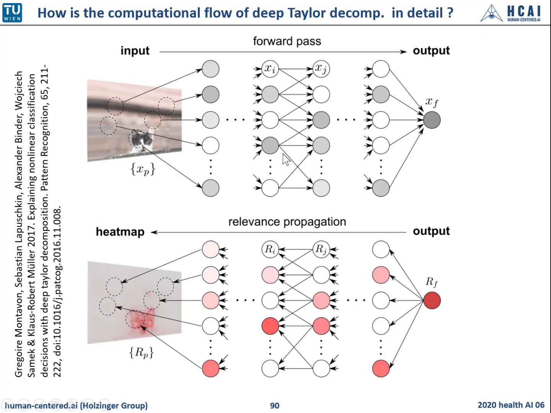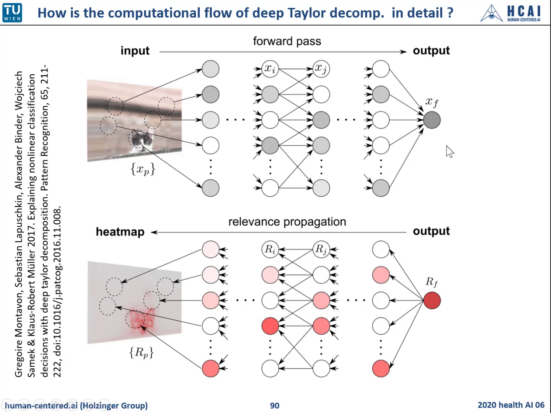Yeah, and how is the computational flow of deep Taylor decomposition in more detail? Here we have the cat again. This is a beautiful illustration of the Berlin group on how it works in detail. So the computational flow of a deep Taylor decomposition, a prediction for the class cat, is obtained by forward propagation of the pixel values x of index p here, and is encoded by the output neuron